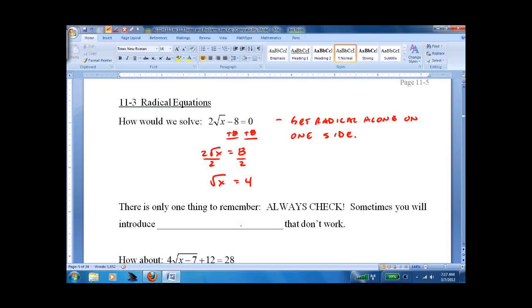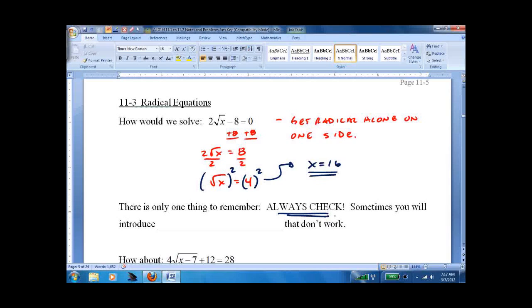Now, we've been in this situation before where we took square roots of both sides, and a lot of people get confused with it. Now we're going to square both sides to get rid of the radical. So square both sides. That gives us x equals 16. Most important thing at this point,